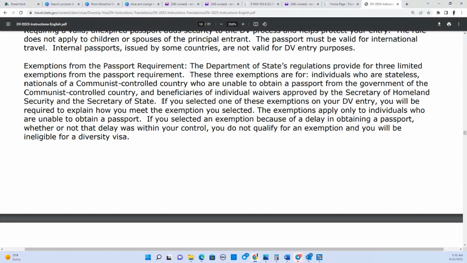But all of this was difficult for many people. Some people didn't get a passport because it was expensive, or it was difficult because of delays in their country. And they say here that a delay in obtaining the passport, even if out of your control, does not qualify for an exemption and you will be ineligible. So it was difficult. Among the reasons for being denied the visa were applying without a passport,